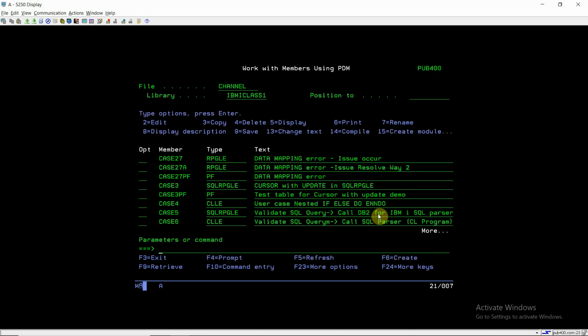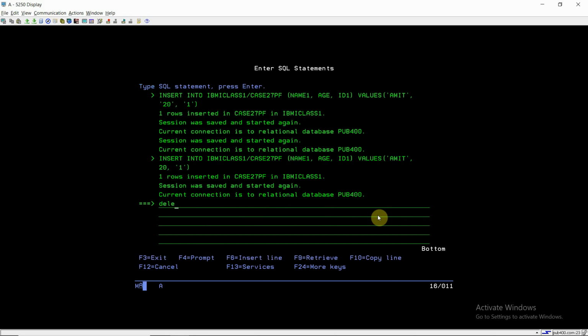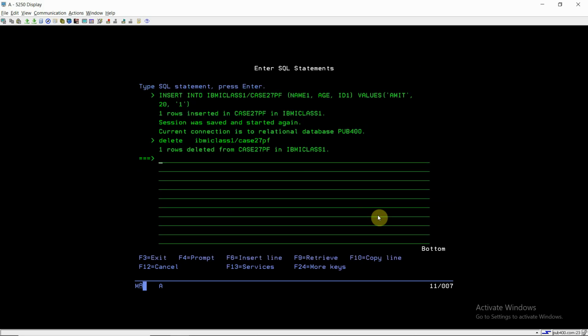So right now I'm not getting any data mapping error. But for example, I'm deleting the value from that file: delete from my library/case27pf. Now the record is deleted.